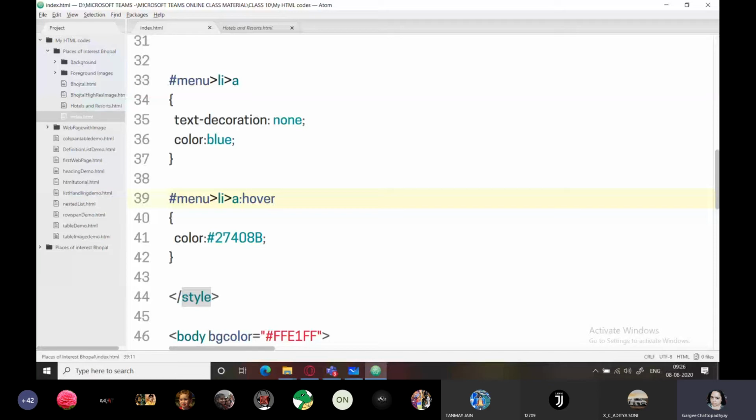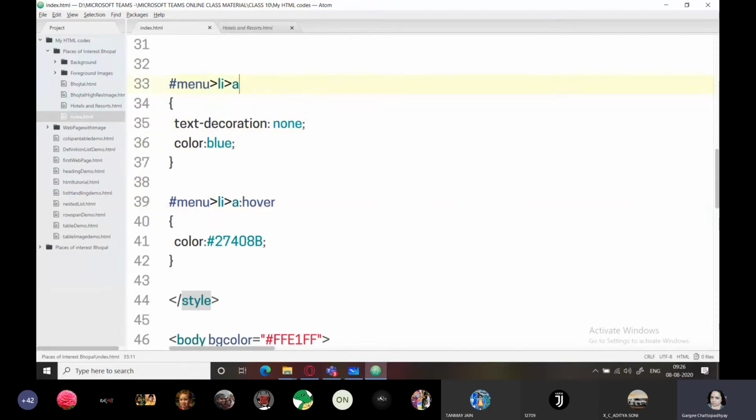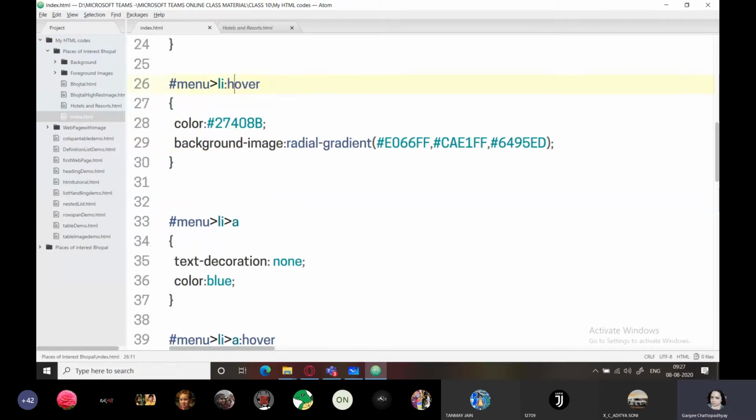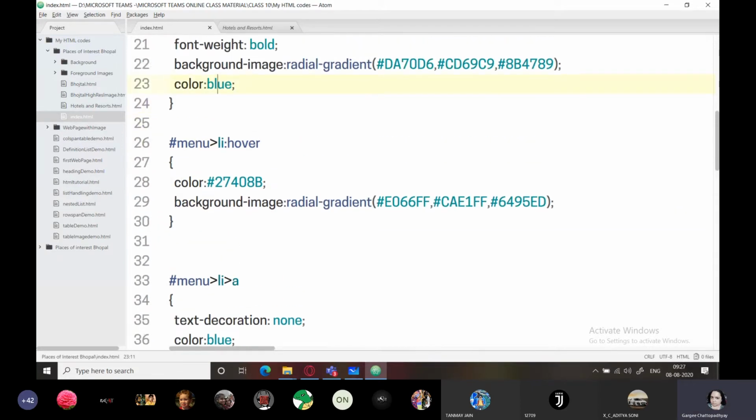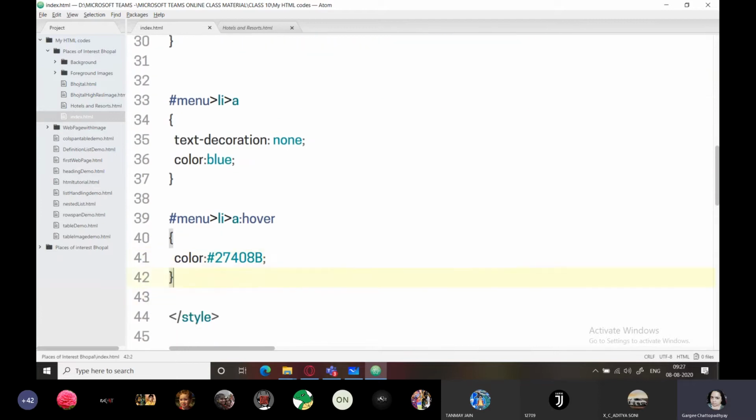So if we just check over here, you have applied it on simple anchor tag, that is text decoration none. This will remove the underline and set the color as blue. If you want, you can simply set its color as the one which you had set for the original one. We had set it as blue only. Now this one is for the same anchor tag but with the hover property. So hover means whenever you take your mouse pointer, it should change into royal blue. So this royal blue color is provided over here.